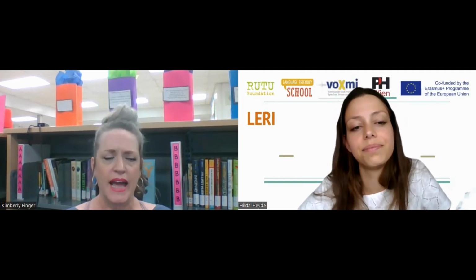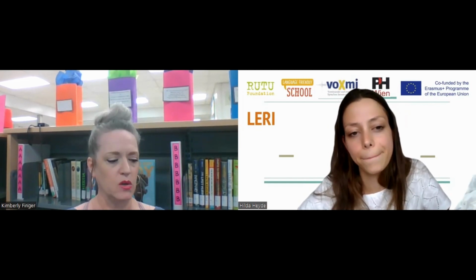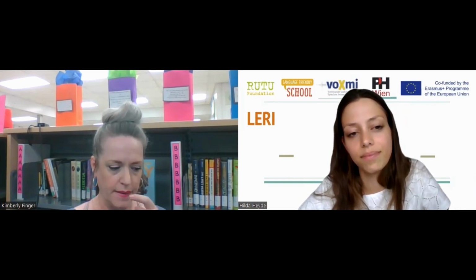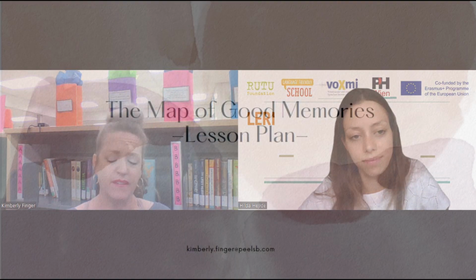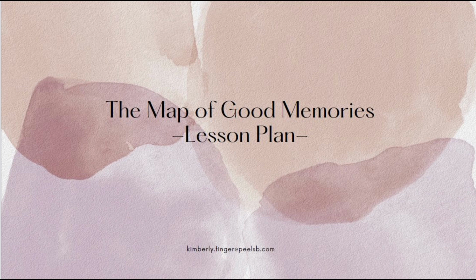So the other lesson that we did, I happened to be out, one of my roles as teacher librarian obviously is book buying. And I happened to be out book buying and I came across this book called The Map of Good Memories. And I kind of flipped through it. I didn't think that the cover looked that exciting, but I looked through it and it immediately triggered me